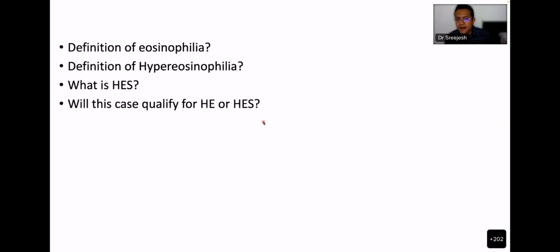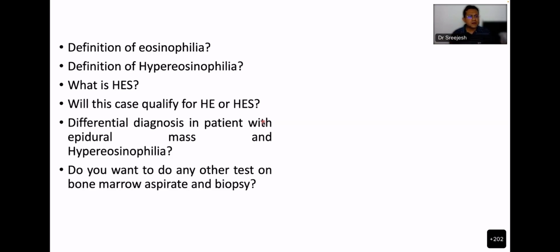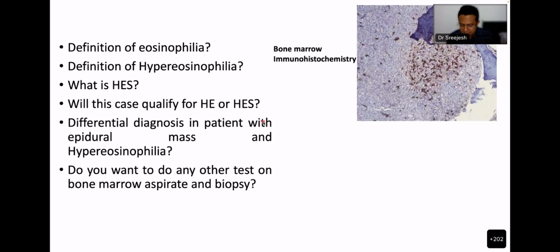So does this case qualify for hypereosinophilic syndrome? Yes, because the patient has an epidural mass and paraparesis, it's likely hypereosinophilic syndrome. Now the next question is, is it reactive or is it neoplastic? So there are certain clinical and morphological features which will help to distinguish reactive from a